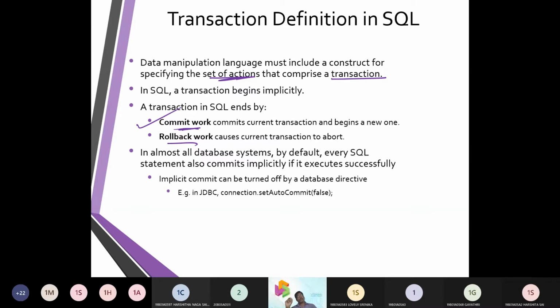But that is not a better idea as far as this is concerned. It says that once a database is going to be included with a transaction, that transaction needs to be permanent. How can I make a transaction permanent? Then you are going to use the word called commit.